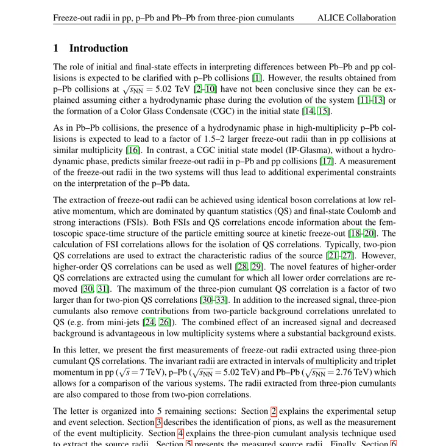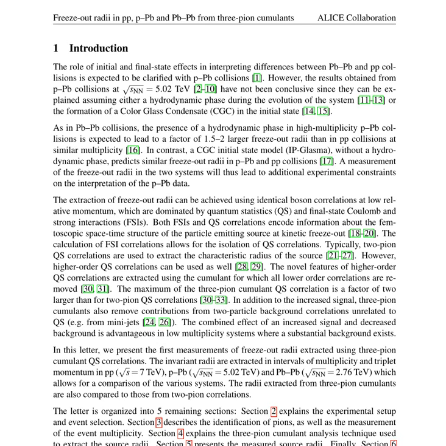As in PbPb collisions, the presence of a hydrodynamic phase in the high multiplicity PPb collisions is expected to lead to a factor of 1.5 to 2 larger freeze-out radii than in PP collisions at similar multiplicity. In contrast, a CGC initial state model, IP-Glasma, without a hydrodynamic phase predicts similar freeze-out radii in PPb and PP collisions. A measurement of the freeze-out radii in the two systems will thus lead to additional experimental constraints on the